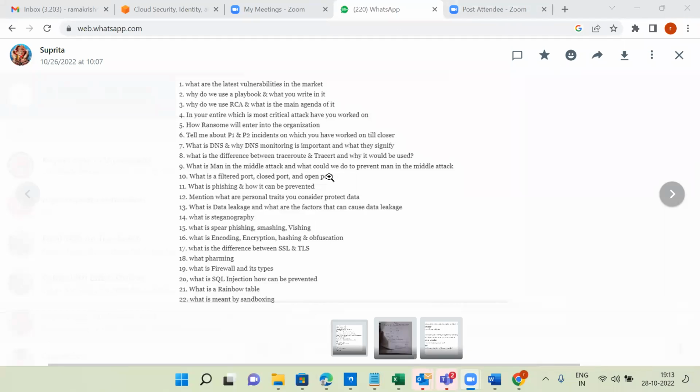Okay, sorry, guys. So next one is, what is the difference between SSL and TLS? You know already, SSL full form is Secure Socket Layer, and TLS full form is Transport Layer Security. These two protocols come under the application layer, and the port number is 443. So coming back to the difference between SSL and TLS, SSL is the outdated version. SSL versions are SSL 1.0, 2.0, 3.0. TLS versions are 1.0, 1.1, 1.2, and the latest one is TLS 1.3.